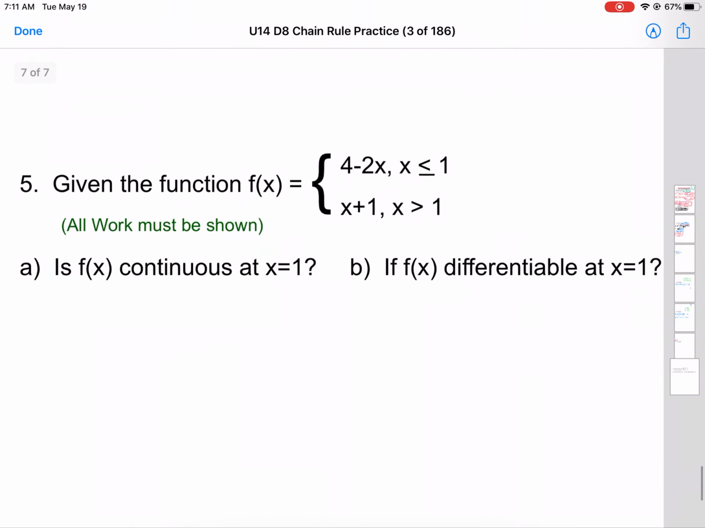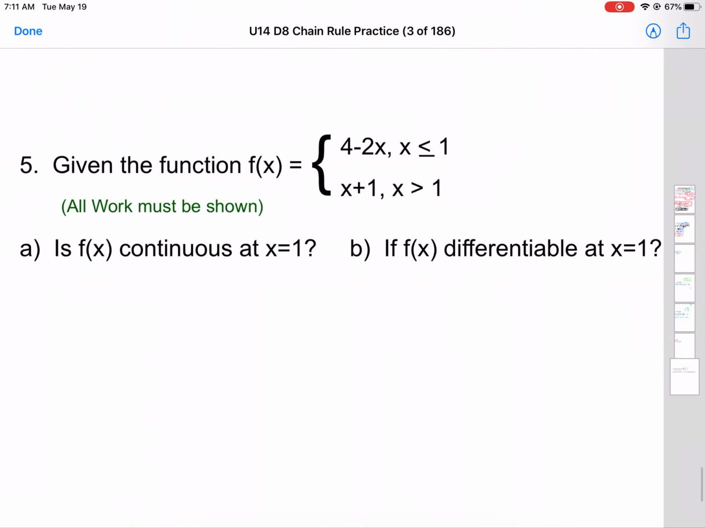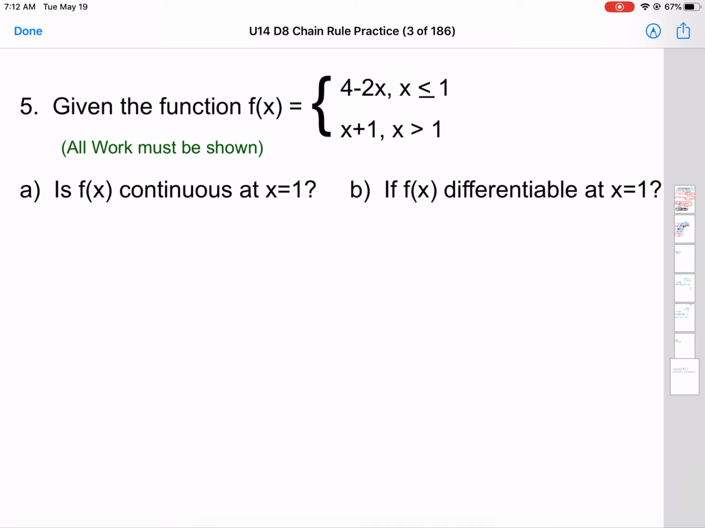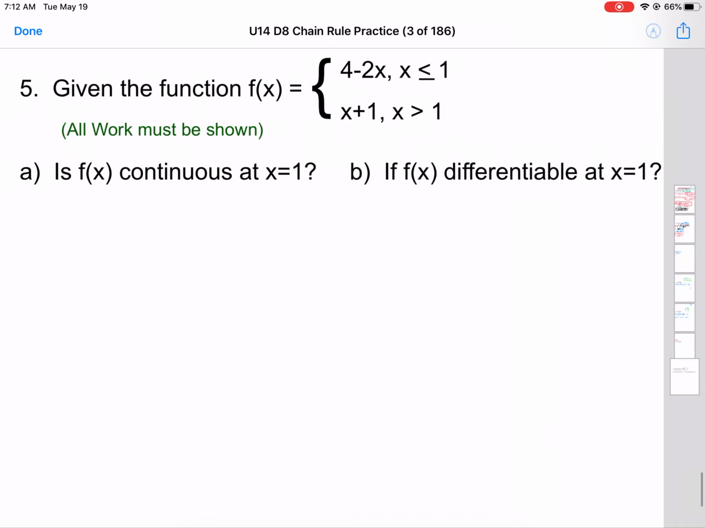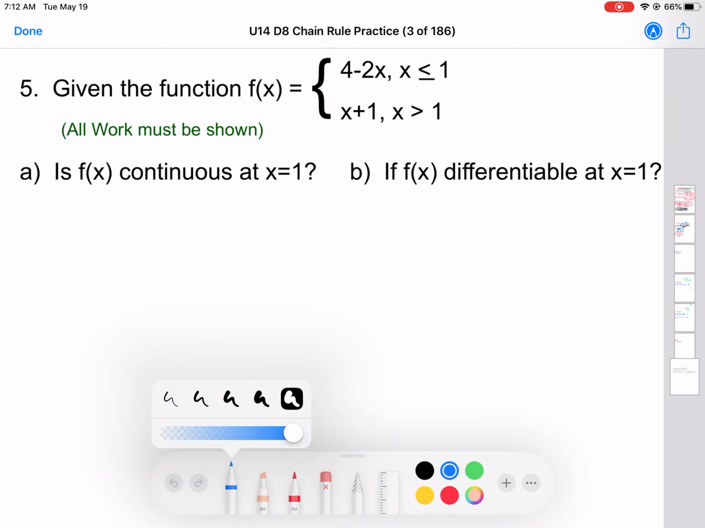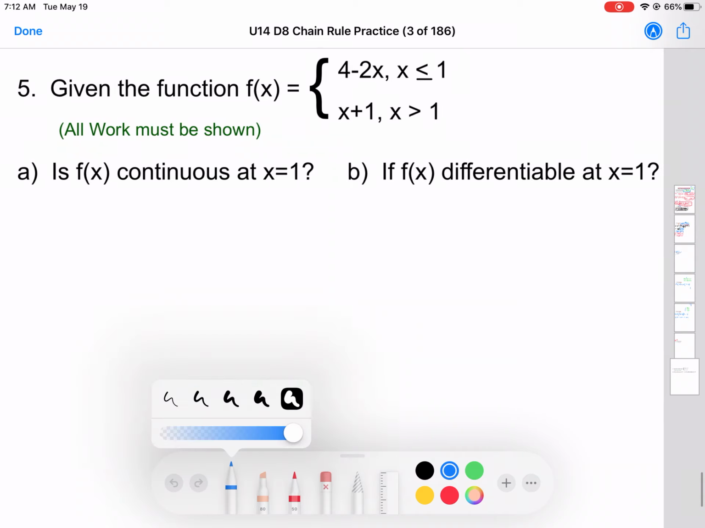All right, and then we're going to end on number 5, which is just a review question. It says, given the function f of x, we can see I'm giving you a piecewise function. All work must be shown. The first thing I want to know is, is it continuous at x equals 1? So I'm bringing back just some review topics here. If I want to know if it's continuous, remember there are 3 steps to continuity. So the first thing we're going to do